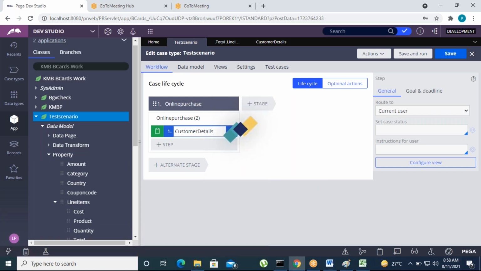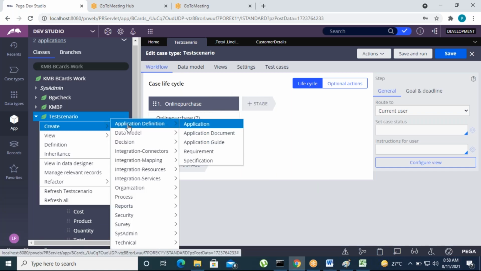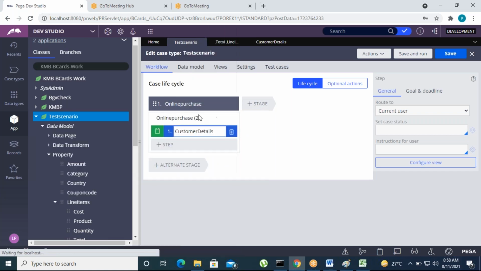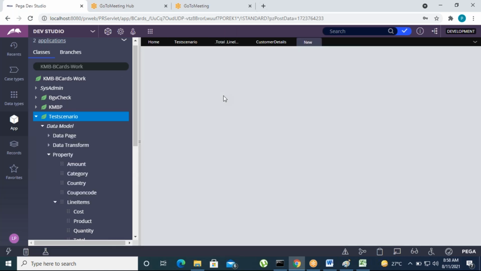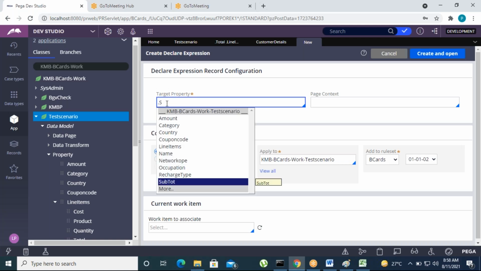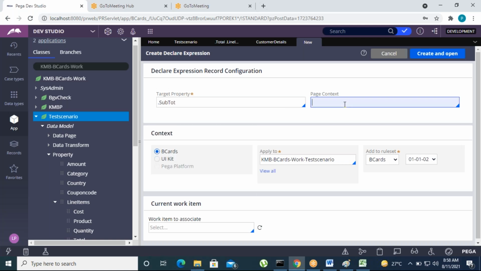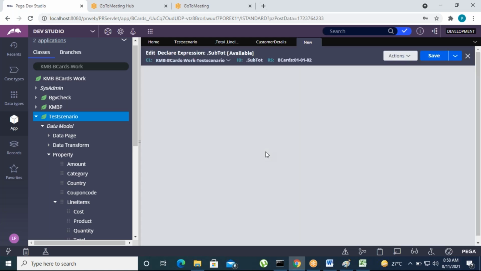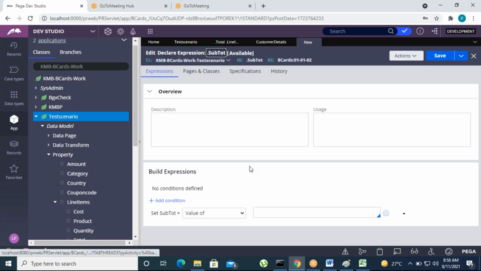If you want to create the declarative expression, the path is go to decision and declare expression. This is the path. So what is the declare expression? First we need to mention the target property. What is the target property here? Subtotal is the target property. Page contents change, by default it will be triggered, and then create and open that. So here we define the formula for calculating the sum of all totals.